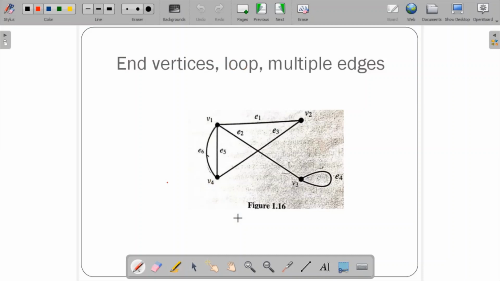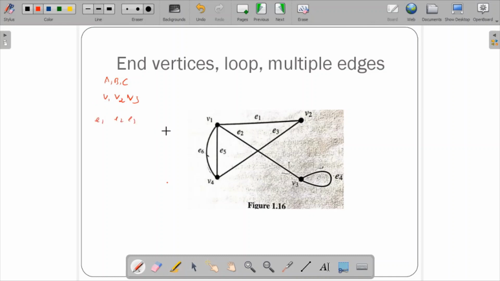Generally, the vertices of the graphs are denoted by A, B, C, or else they may be denoted as V1, V2, V3. So this is how we generally represent the vertices in the graph, and we denote the edges in terms of E1, E2, E3 and so on.